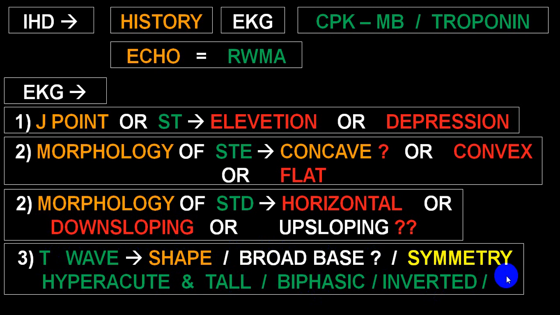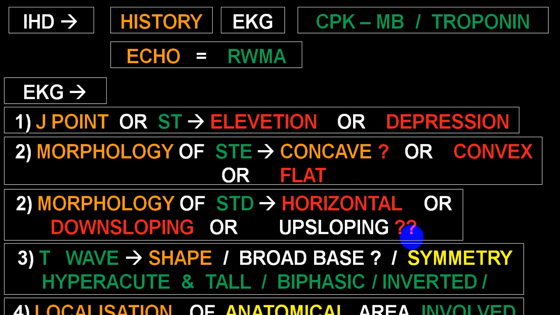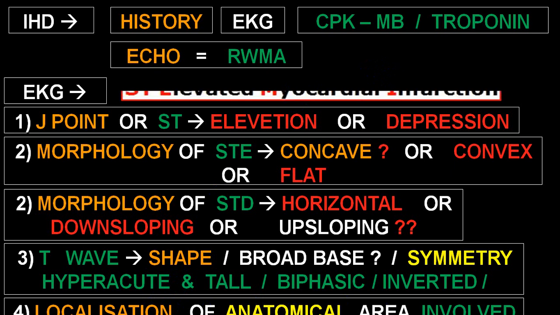types of T wave changes like T wave alternans, pseudonormalization, as well as other types of changes in a T wave. And ideally we should also look at the Q wave, which I've forgotten to mention here. So whether it is pathological or not, and in which leads it is. So that will help you to confirm and localize the anatomical area being involved.